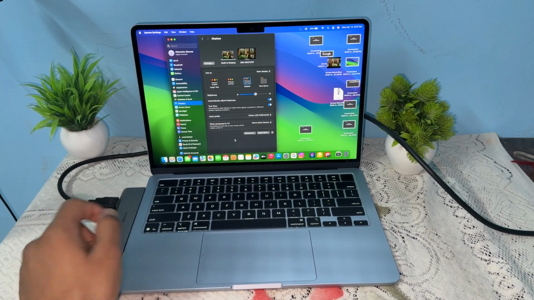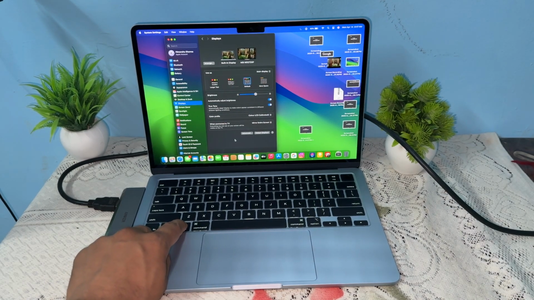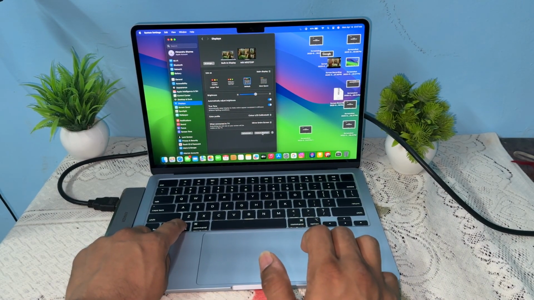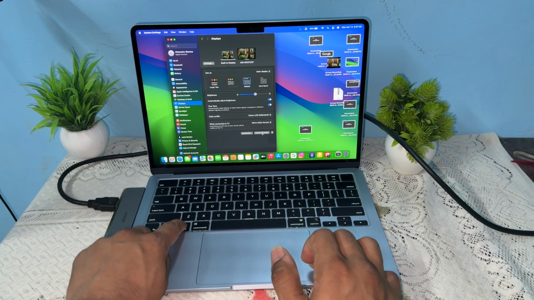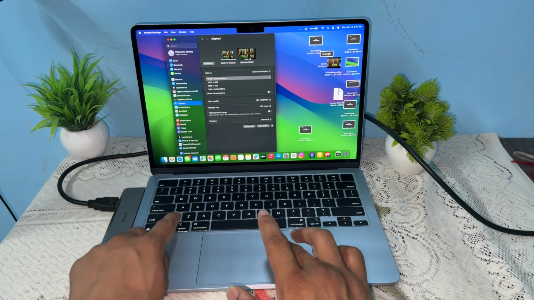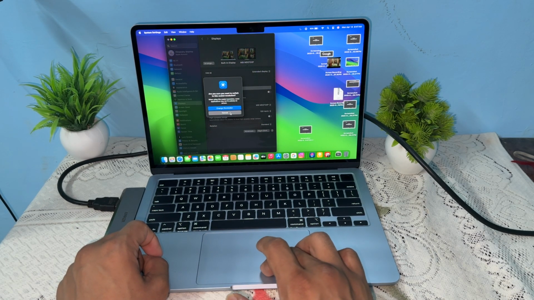Okay, once you long press the option key, here you will see down here the option to detect the display button. You can simply tap on it to detect the display. Then click force detection if the display appears, and adjust resolution and arrangement like this. Right now my display is detected, so here you can simply change its configurations.